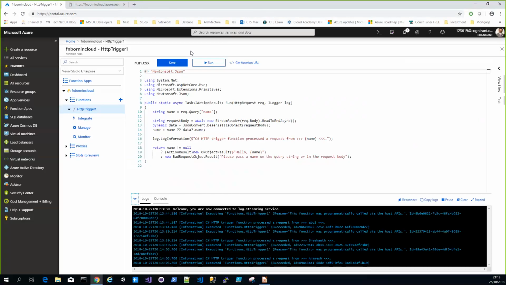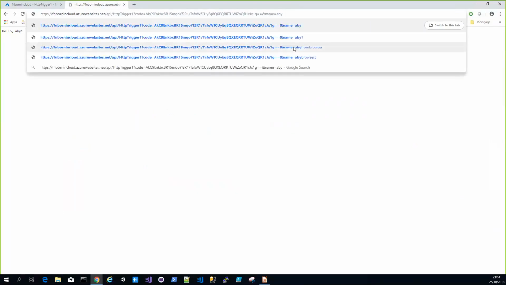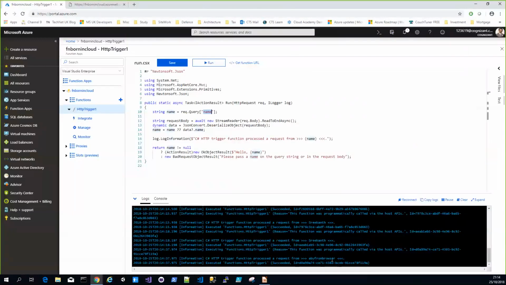So if you see, it's just a normal function. It's expecting the trigger is an HTTP call. It's a GET call. So by you visiting this URL and, at the end of the name, you said you have put your name. That's because this piece of code is looking in the query string. It's saying request query string name. So it's looking for the object name, and trying to see what is the value that's passed to the variable name, which in this case is AB1, or like how I was testing before, AB from browser and all that stuff. So it's now copied it, AB from the browser. So it can be whatever you want, and this can keep on running. And every time it runs, I'm being charged for it, or Cognizant is being charged for it in this case.